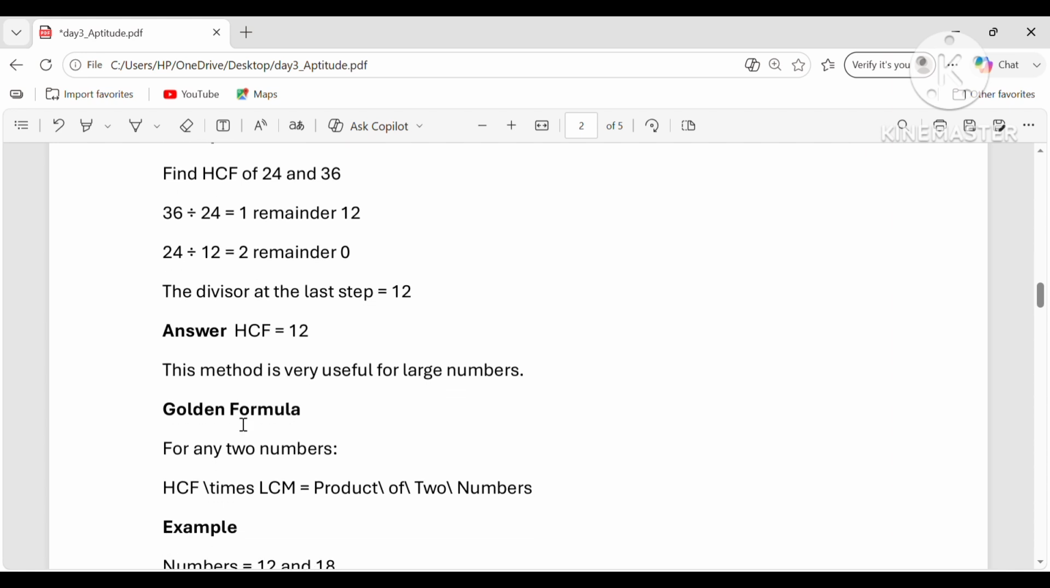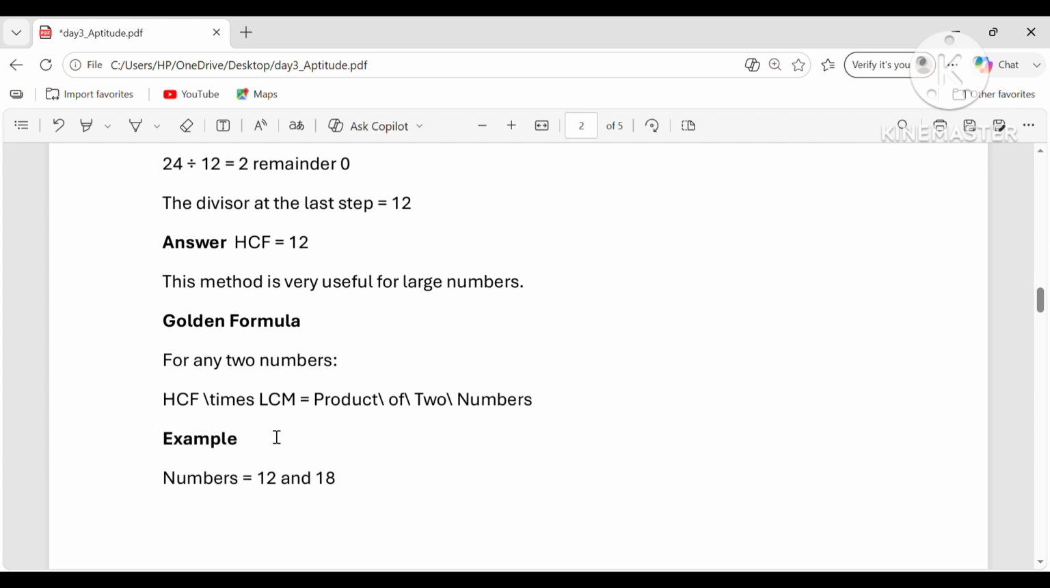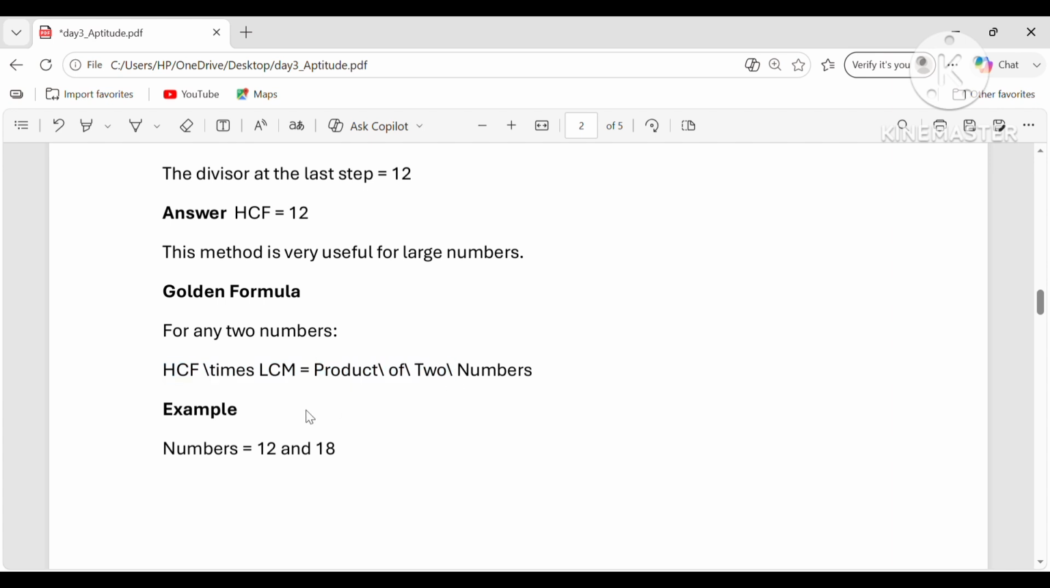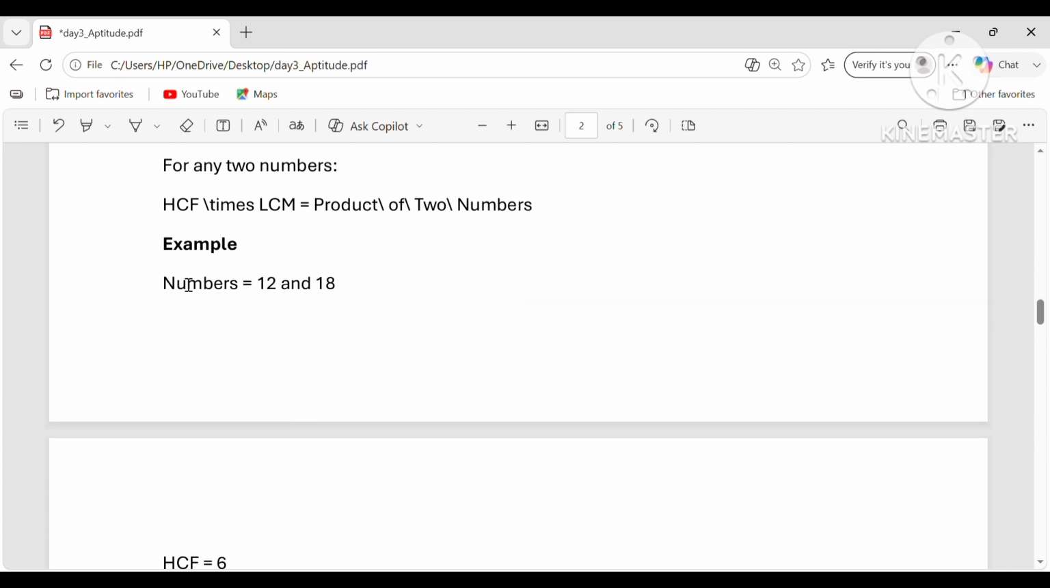For the golden formula, I am going to tell you that HCF into LCM equals product of two numbers. That is the formula. And for example, the numbers they gave are 12 and 18. We need to find LCM where HCF is given. So we need to